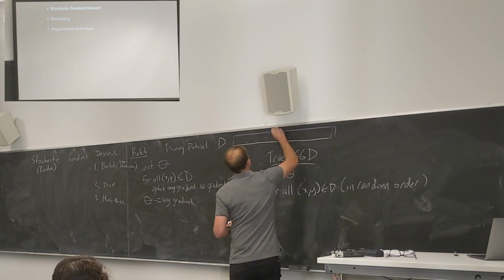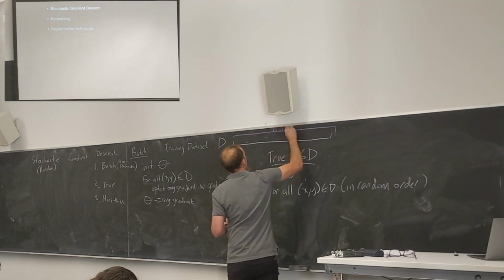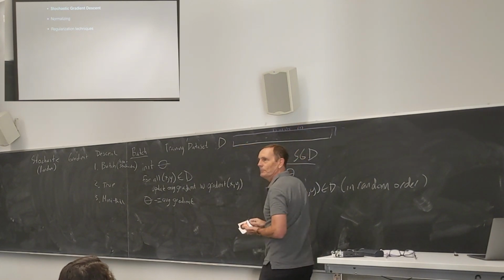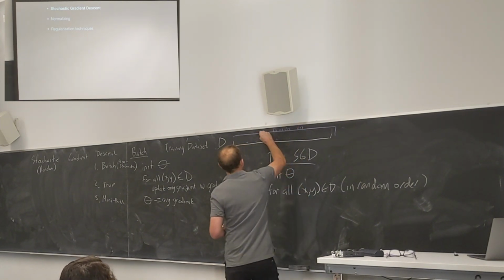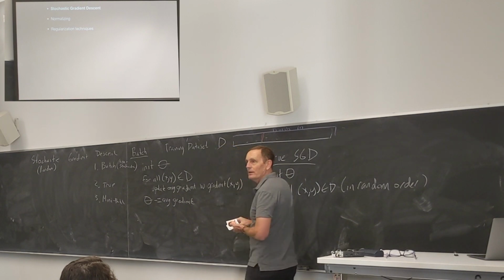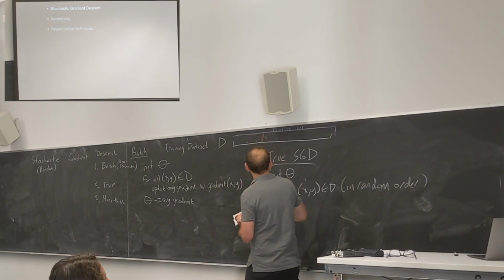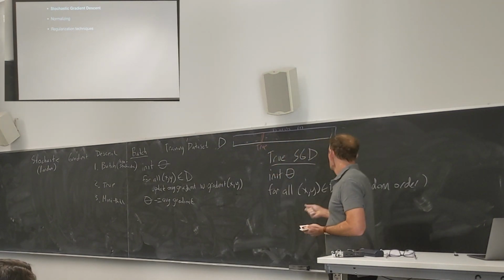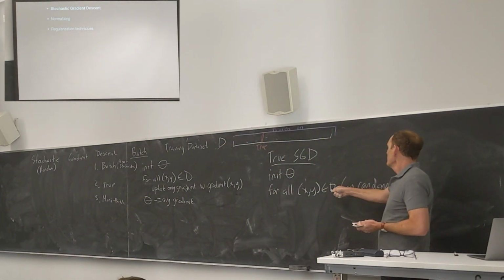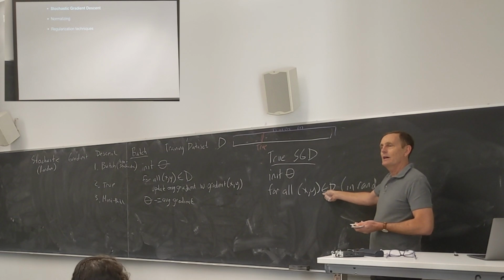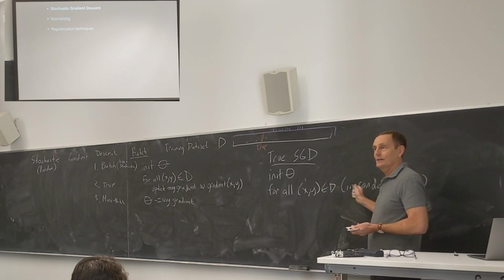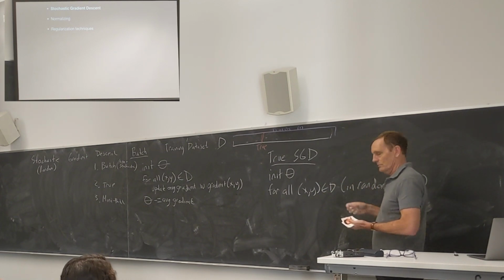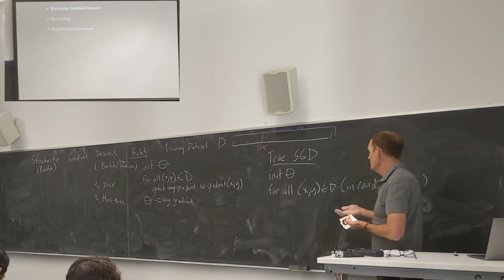So for the batch case, number 1, we take them all. For this case, we take 1. Okay, so this is the number 2, true. So we're going to iterate through every x, y, and d one at a time in a random order. Okay? And what we're going to do is